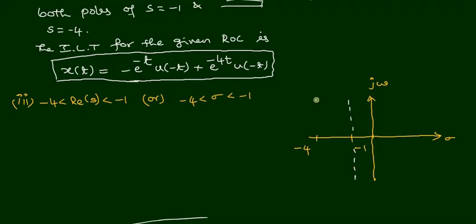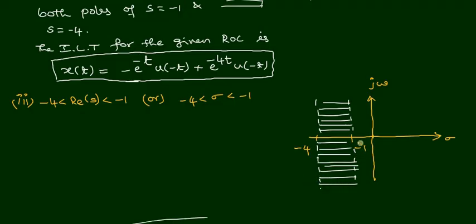First mark the region of convergence as given in the question. So now if you observe the pole -1, it is left side,